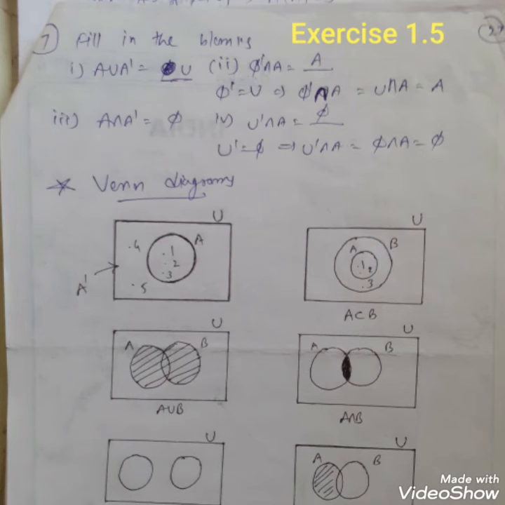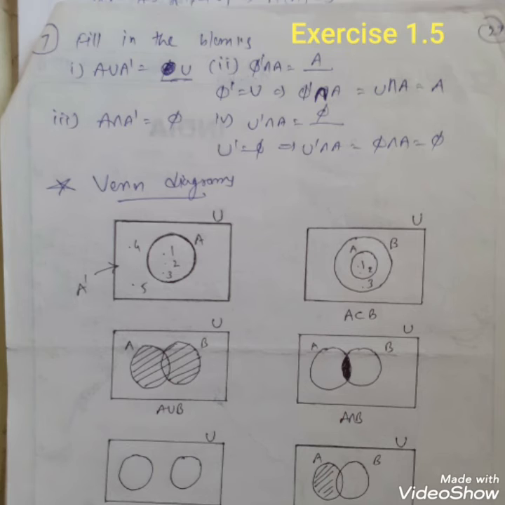Now in the second Venn diagram, all the elements 1 and 2 are present in set B. So here set B contains the three elements 1, 2, 3. Set A contains two elements 1, 2. So it shows A is a subset of B. Then the third diagram shows that the two sets intersect but all the elements of both sets are present. So it is the Venn diagram of A union B. The fourth shows the Venn diagram of the intersection of two sets A and B, because only this region is darkened, the other is not darkened. So it is the Venn diagram of A intersection B.